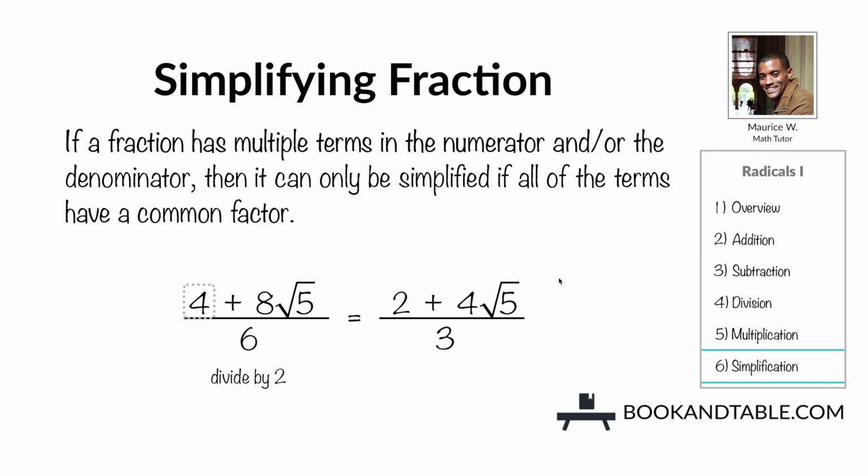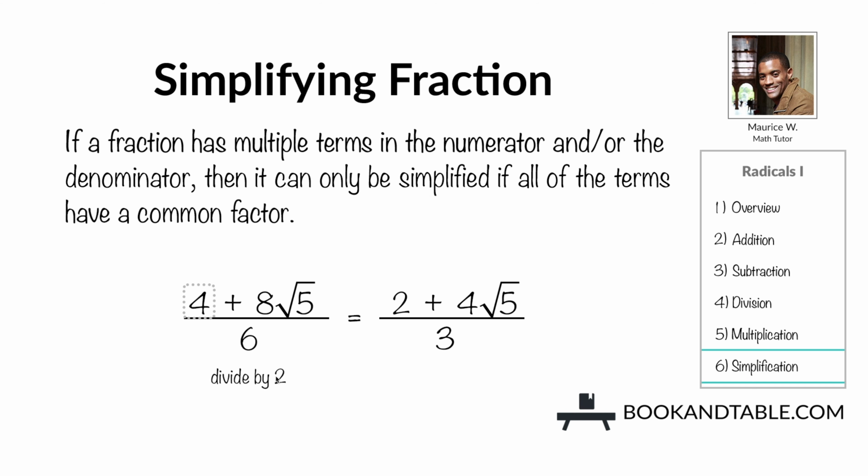Now, before we take a look at an example, let's also discuss simplifying fractions, which we looked at briefly in the last example of our previous section. If a fraction has multiple terms in the numerator and or the denominator, then it can only be simplified if all of the terms have a common factor. So let's say you have 4 plus 8 times the square root of 5 over 6. This can be simplified because this 4, the coefficient 8, and the term in the denominator 6 can all be